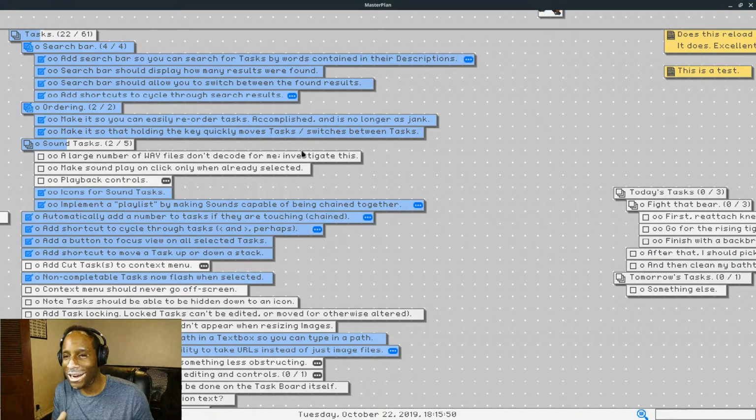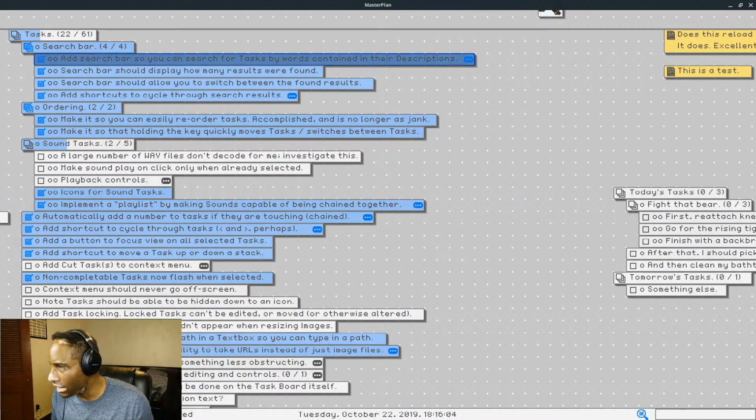in terms of the indentation. So you see the search bar task is one level in, and these that are under it are 2 levels in underneath the search bar task, that kind of thing. And I think I didn't mention this.